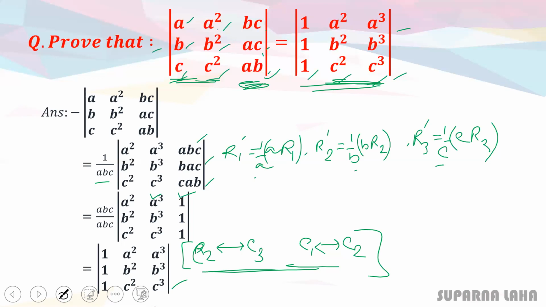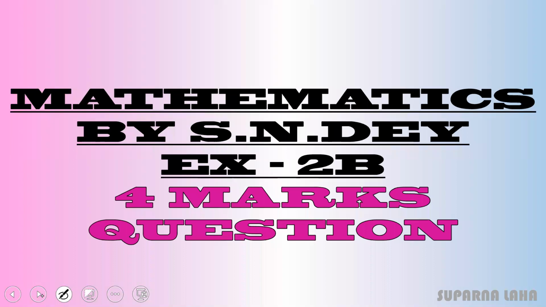Since for interchanging 2 rows or 2 columns, a minus 1 will multiply this determinant, here, since I'm taking two operations, minus 1 will come for this one, and minus 1 for this one. Ultimately, minus 1 times minus 1 should be plus 1. So I'm not writing this minus 1, I'm just writing down the ultimate answer directly, and just mentioning this operation after applying these properties.